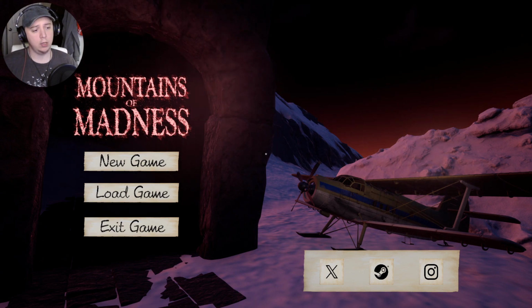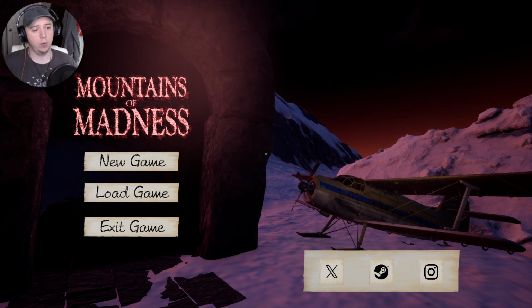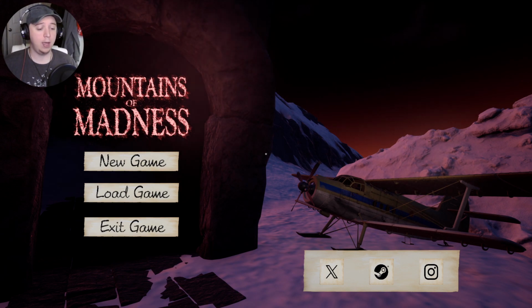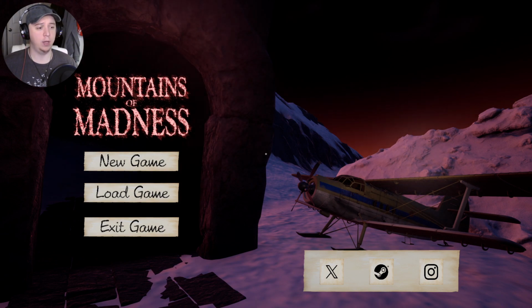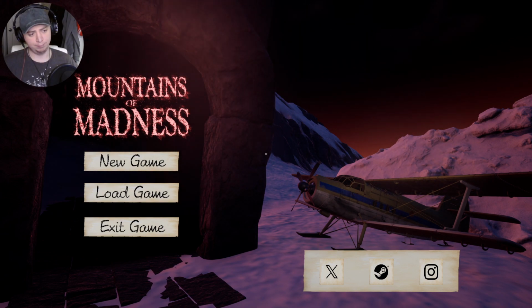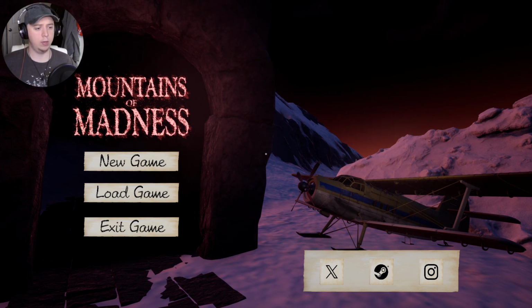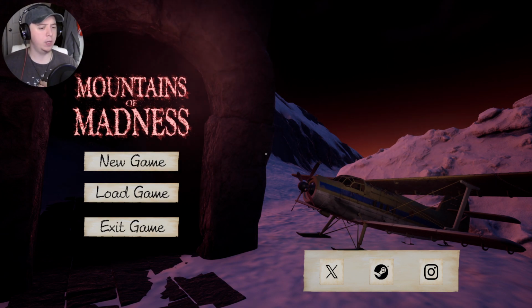The inventory I think could use a little bit of work. I don't think it was all that bad. It functioned, I guess, the way it was intended. I think it's just kind of odd looking. It'd be cool if it had more of an aesthetic of like a backpack of some kind. I think seeing the icon wheel like that looks a bit odd.